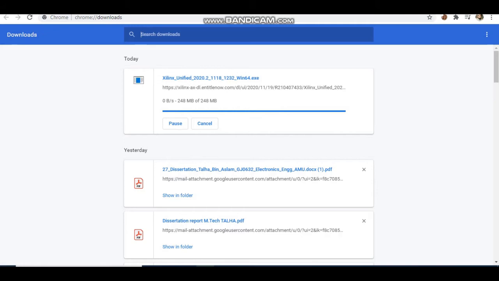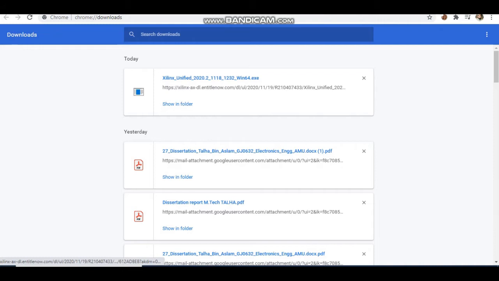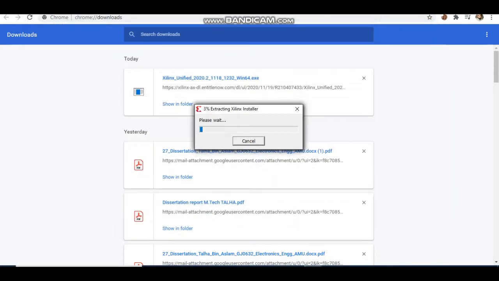I need to extract it. So I click on this downloaded file and it has started to extract.